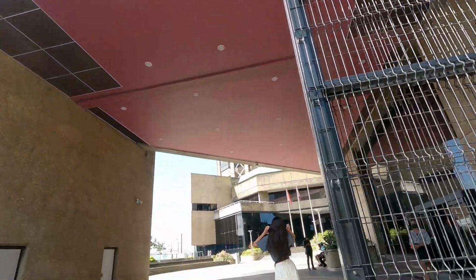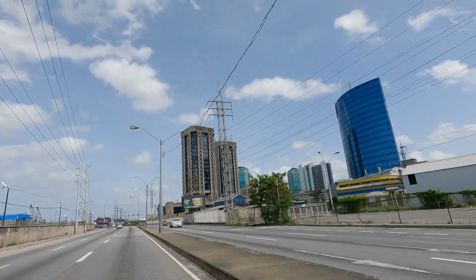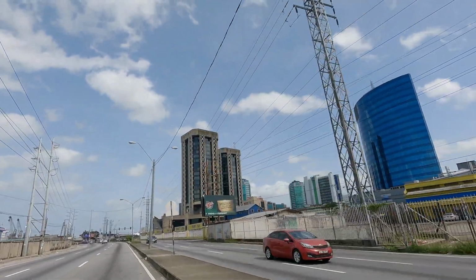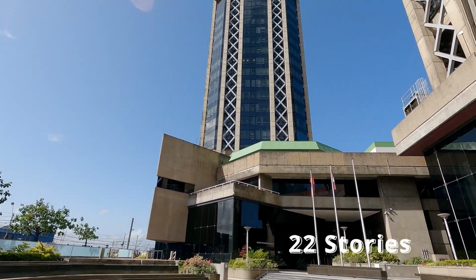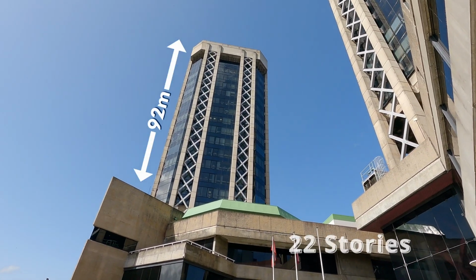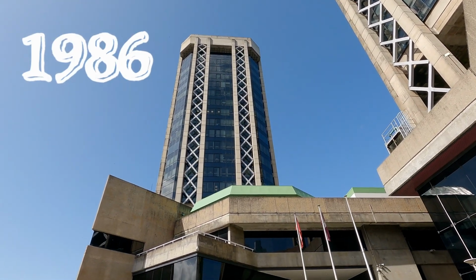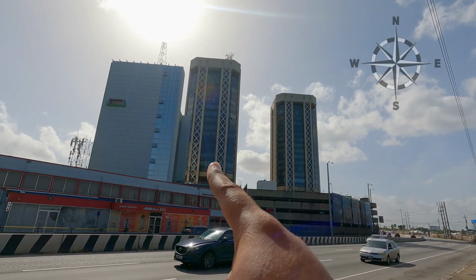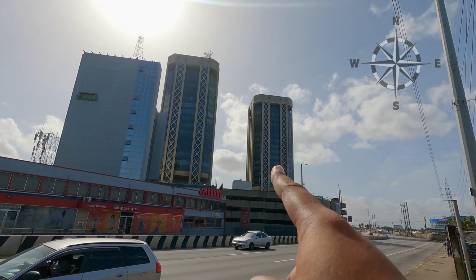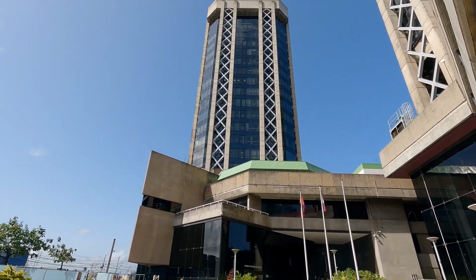And this one, we're heading to a museum. The Twin Towers are two iconic towers here in our capital city of Port of Spain. The Eric Williams Financial Complex is 22 stories high and 92 meters tall. It was officially opened in 1986, and the tower to the west houses the Ministry of Finance and probably other offices, while the tower to the east is the Central Bank, and the museum is located at the base of